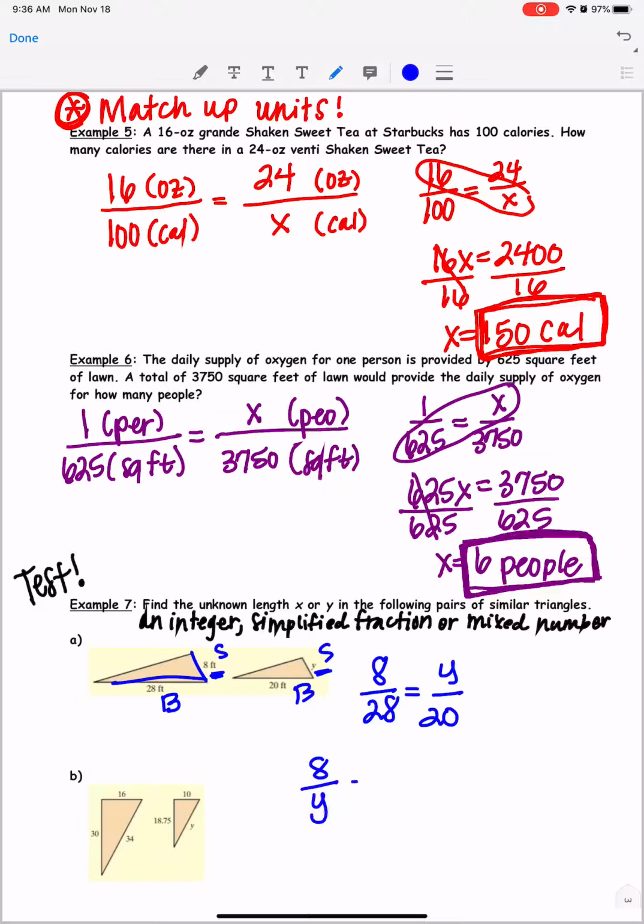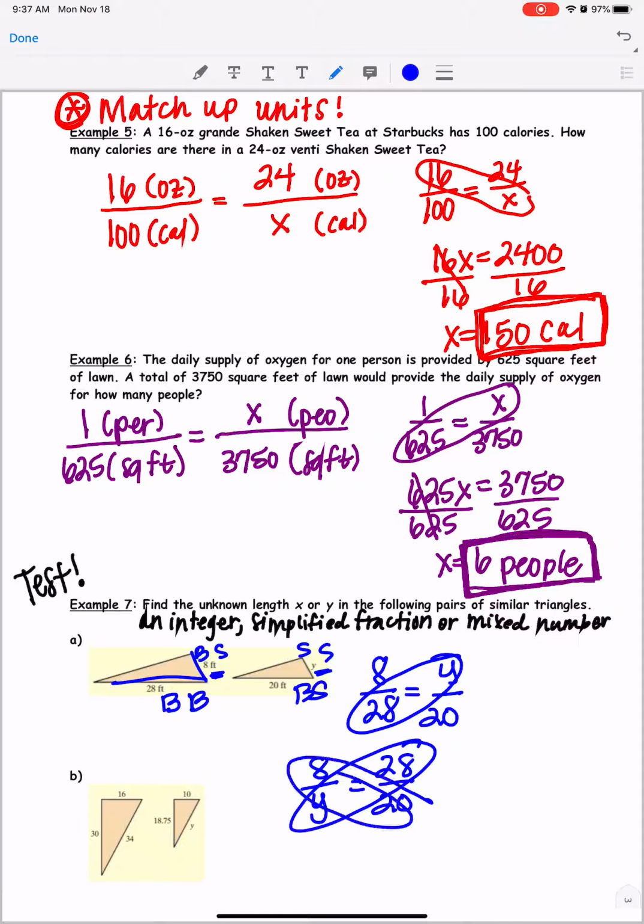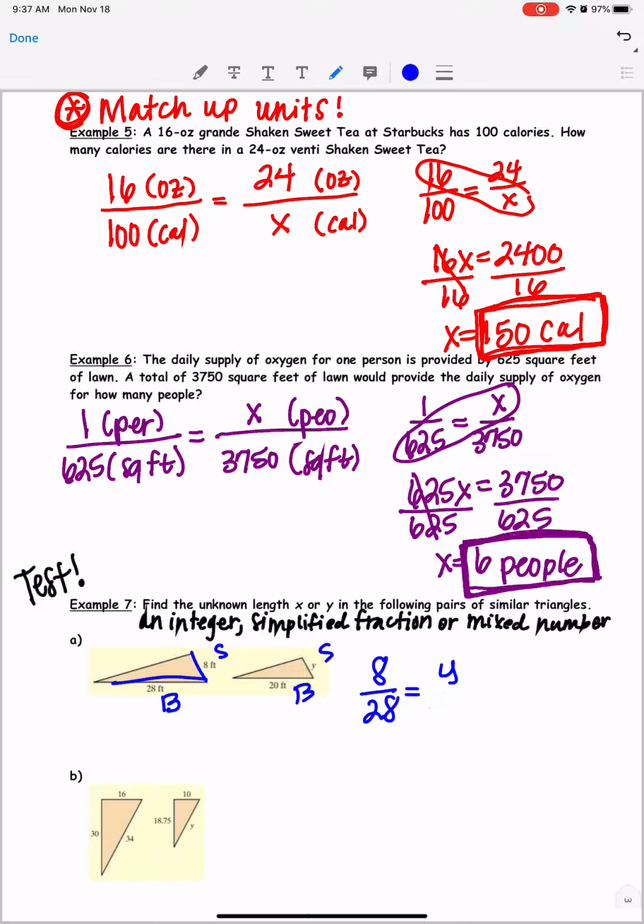equals 28 over 20. We went from big triangle to small triangle, so then big triangle to small triangle. Notice either way we do this, I'm multiplying 28 times y and 8 times 20. Okay, so that's just two of the ways I could have set this up. So there's a lot of different ways to do this. Okay, but if we start with the first way we did it,